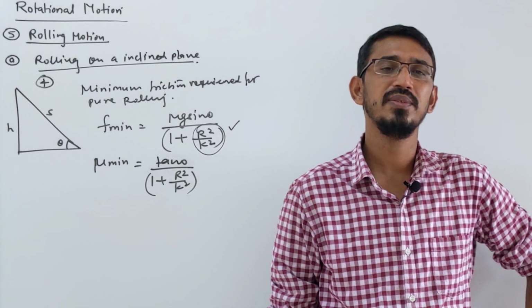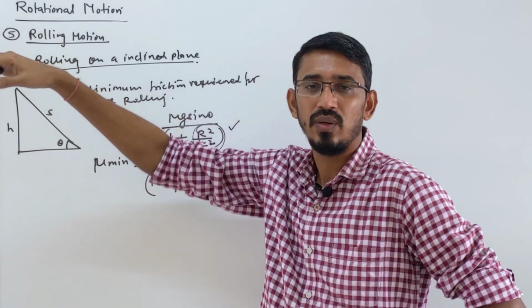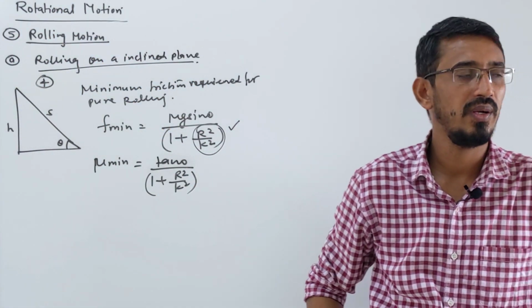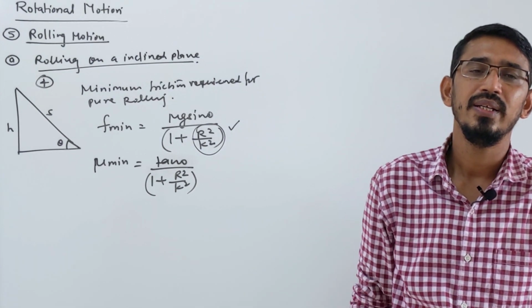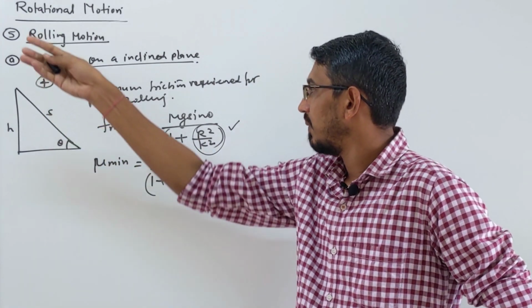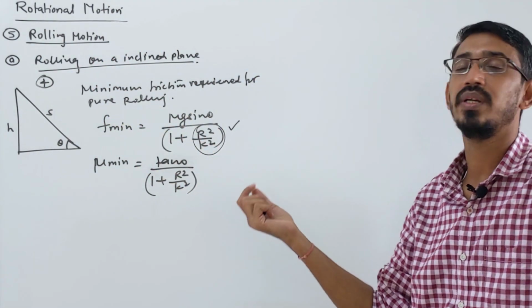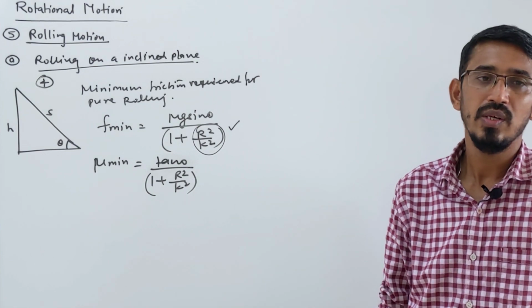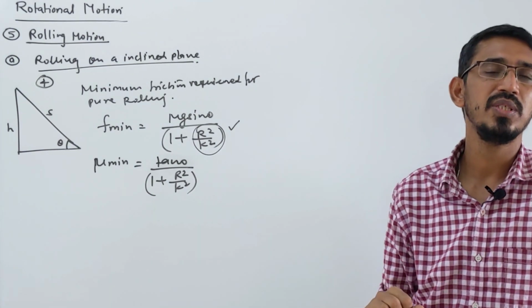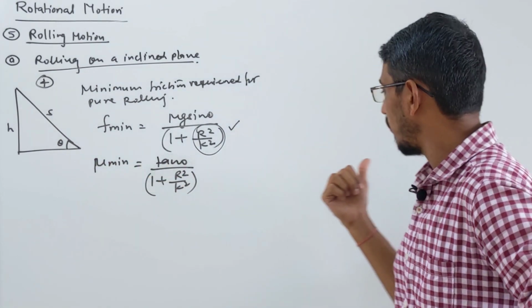What's the main question they ask, which is repeated many times? They say some objects are placed here, all these objects like ring, disc, hollow sphere, solid sphere, cylinder, of the same mass and radius, and we allow them to roll at the same time. Then they ask who reaches the ground first. That depends on time: the one with minimum time comes first to the ground. So the time formula we just wrote here.